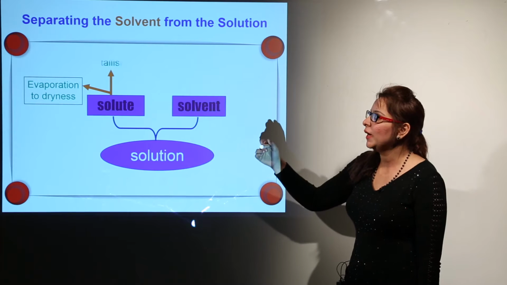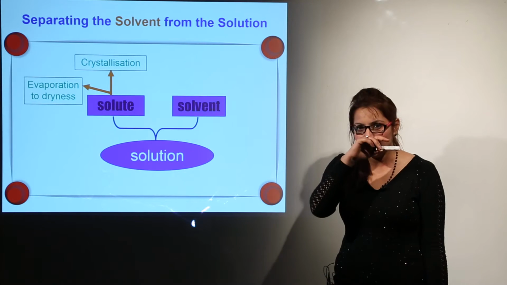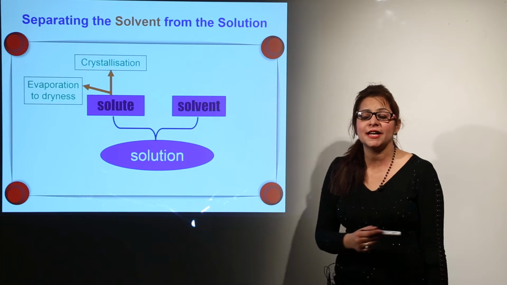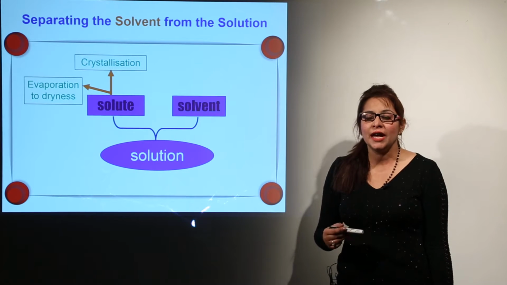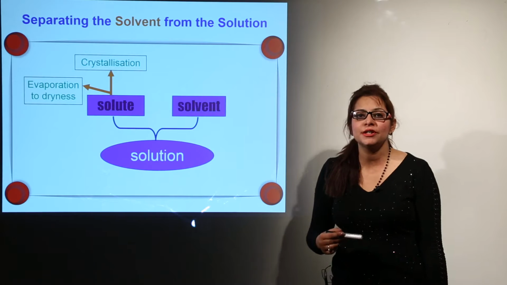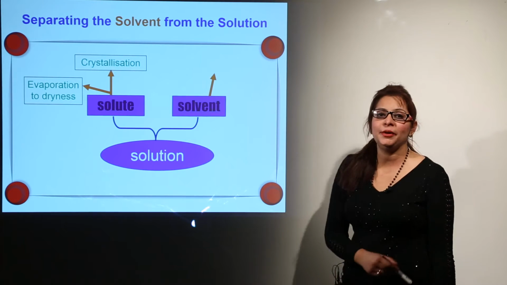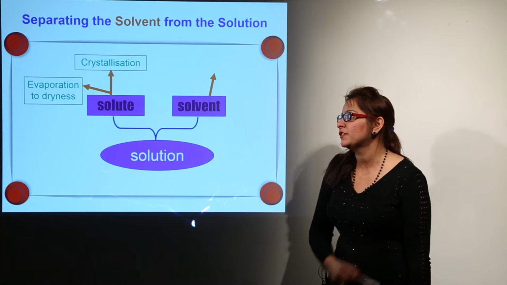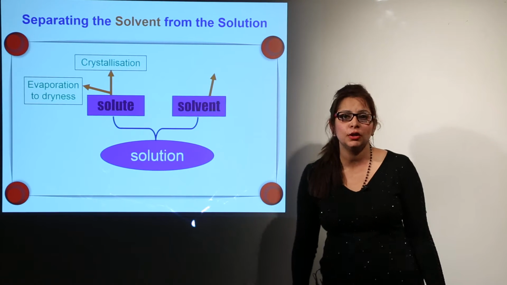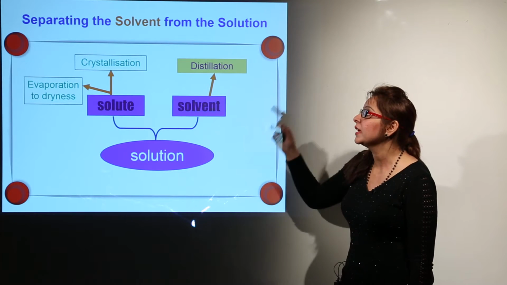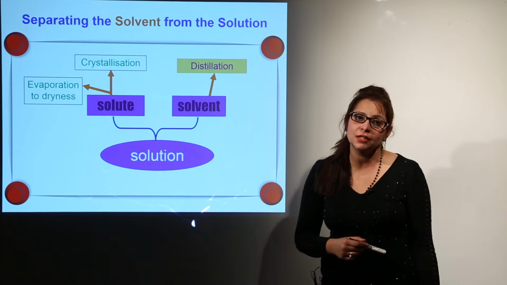And the second one we did is crystallization, that means we heat the hot saturated solution until the saturation point is achieved, and then on cooling we get to see the beautifully colored crystals. So if we wish to separate the solvent, because so far we have separated the solute from the solvent, the technique which we use is the basic technique, that is distillation.